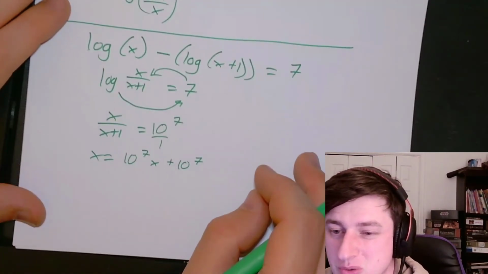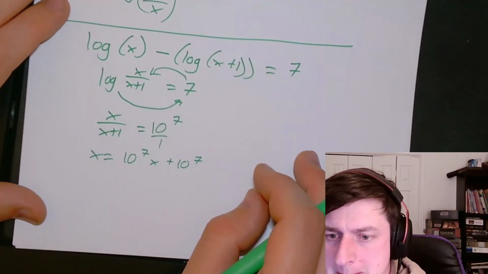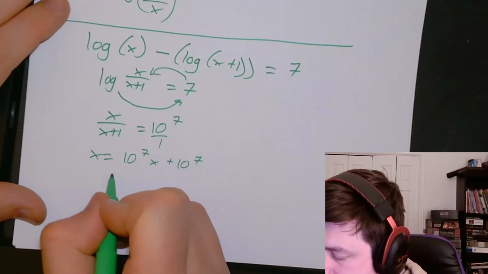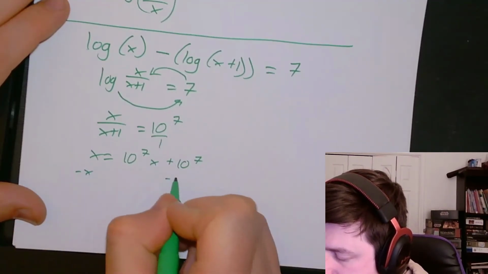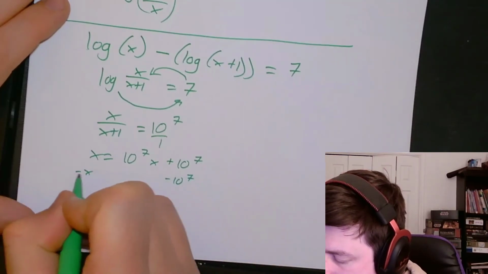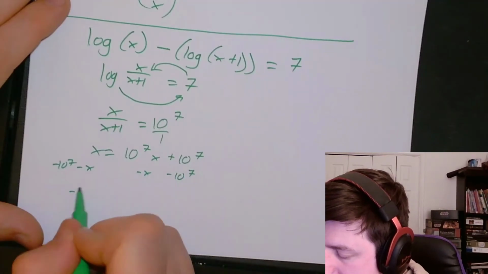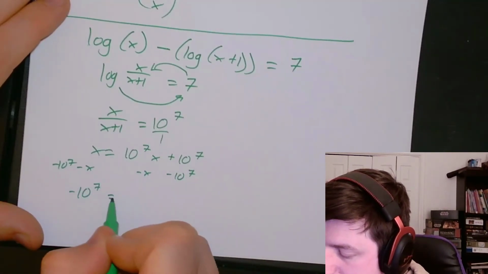This is going to be kind of a ridiculous number. Let's subtract the x over here and subtract the 10 to the 7th over here. So negative 10 to the 7th equals